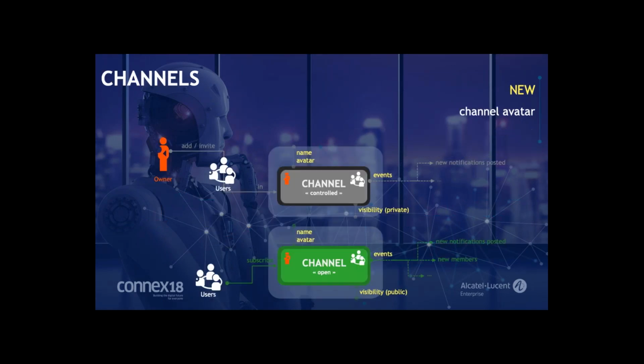One other concept that is interesting to know is channels. Channels are a mass notification medium for sending information to a large number of users, several thousand at once. In Rainbow, channels can be used in two different ways. You can create controlled channels that allow an owner to build their own distribution list of users who will receive notifications. You can use this kind of channel when you want to control the participants or the recipients of the channel.